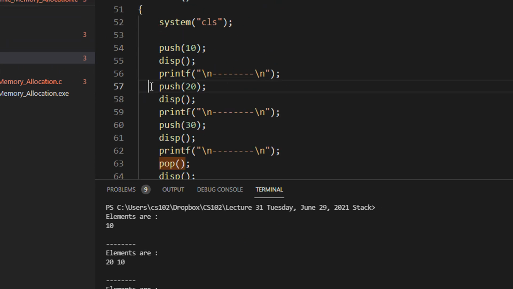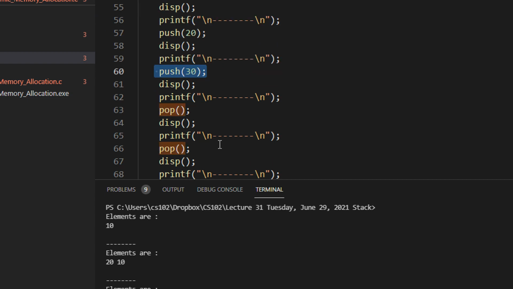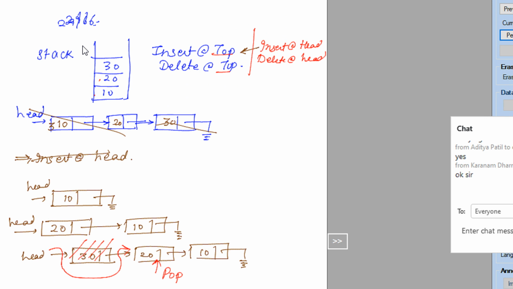Push 10, then push 20, push 30. Now one thing to observe here is that when you are popping, you don't specify the element you want to pop. Why? Because as I said, in a stack you always have a top pointer. Whatever you pop, the top pointer will always be popped. In a stack, you cannot do something like this. For example, your stack is 10, 20, and 30.